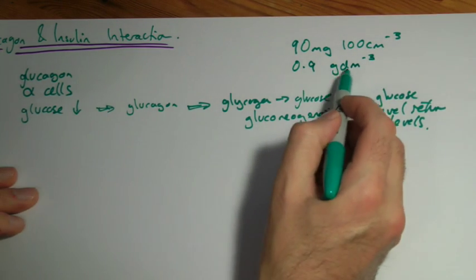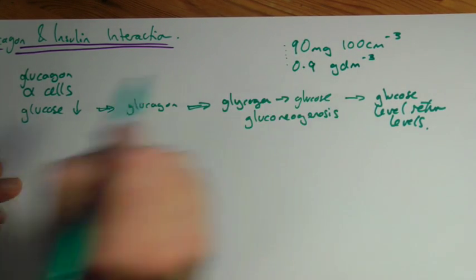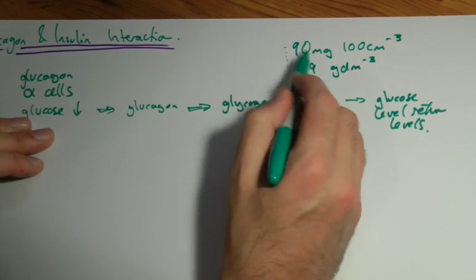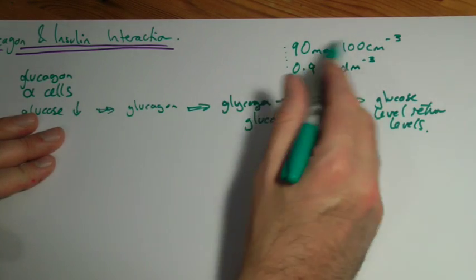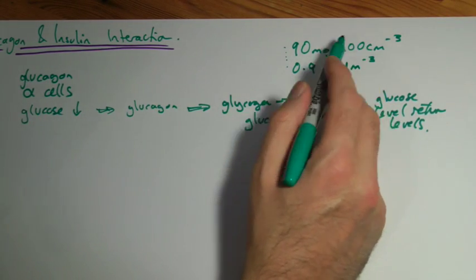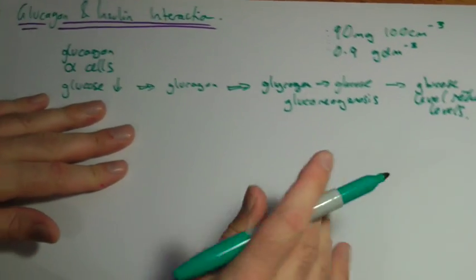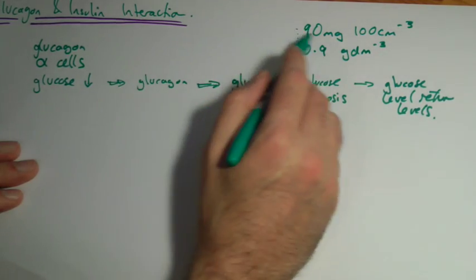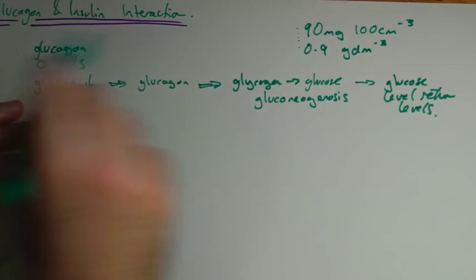This is grams per litre. Excuse me. These are the same thing, but perhaps confusingly, in the book they decide to use one in one place and one in the other. But it's the same value. It doesn't actually matter which one you remember to quote. Either one would do. Okay. But when the glucose level returns to around about 90 milligrams per 100 centimeters, or 0.9 grams per litre,